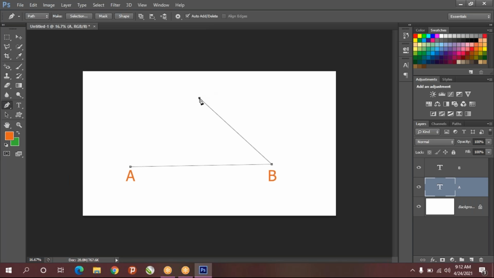And on the third click, you can click and drag, and on the fourth click, I can bend it. Okay, if I directly close, the curve goes in this direction. Actually, I don't want this direction, I want it like this.